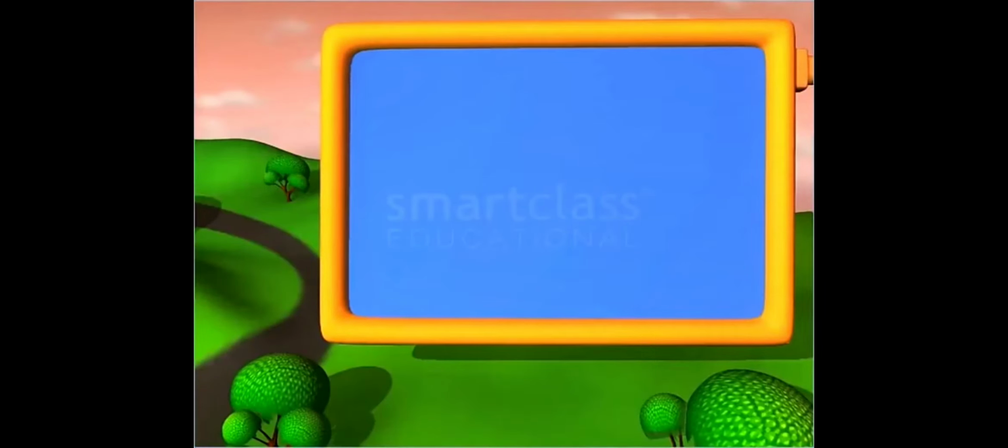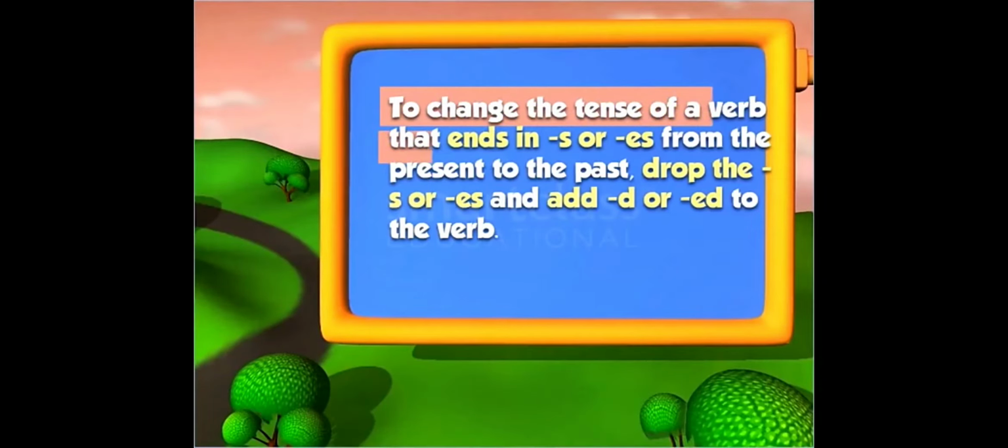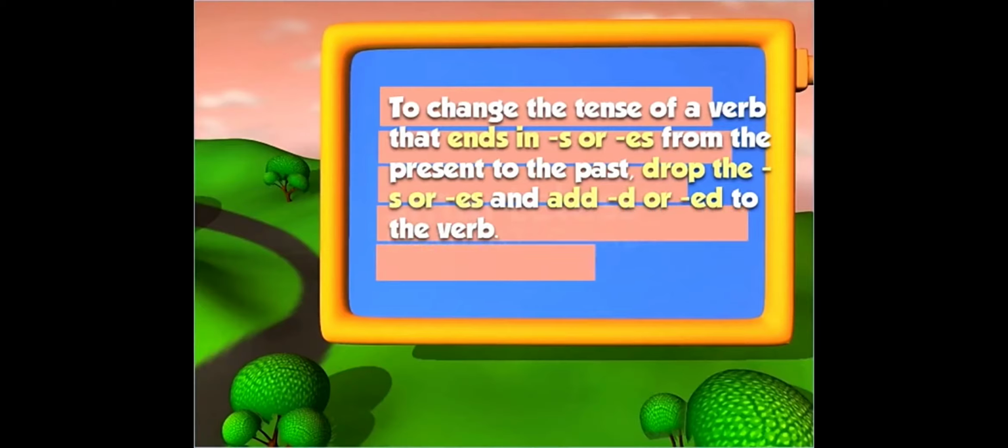Here is how you can change the tense of a verb that ends in S or ES from the present to the past. Drop the S or ES and add D or ED to the verb. For example,